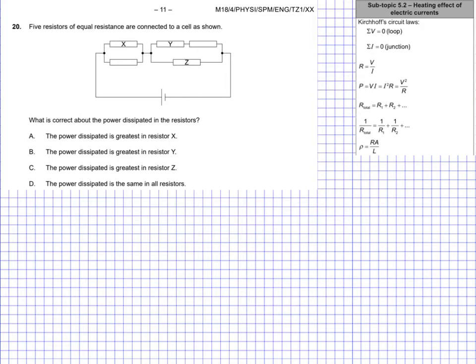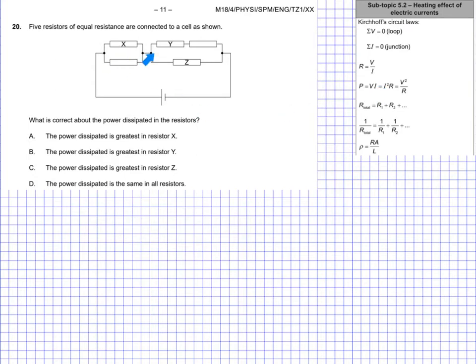So because all the resistors are the same, let's first of all think about which power dissipation law we want to use. Now, the resistors are going to be the same, so that's a constant. So if we look at what we have here, we're going to be analyzing the power dissipation. I squared R is going to give us, because we're going to do Kirchhoff's laws to work out the current